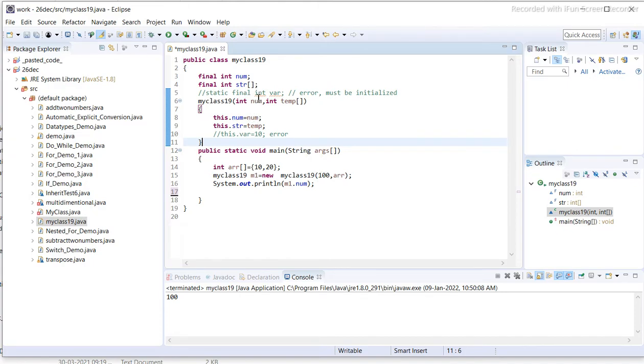Now 100 will be stored inside variable num. Now this.num means whatever we insert inside num will be stored in variable num. Now this.str is equal to temp, that means temp will be stored in string.